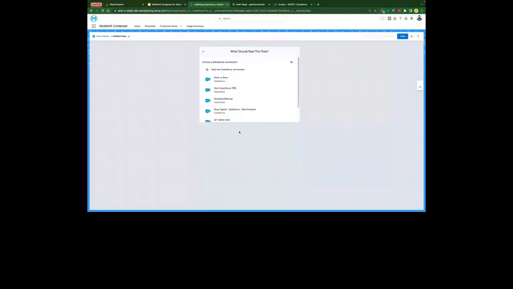And once you click on Salesforce, it's going to display all the connections that you have here. I have so many connections here. But suppose you want to create a connection that is not available here, you have to click on this Add New Salesforce Connection, and it is just going to ask for the name. Okay, so I'm going to say Faridabad Meetup Salesforce,